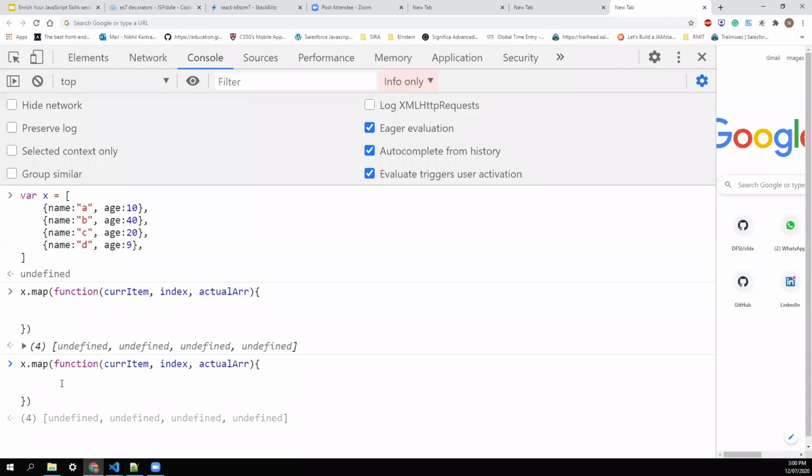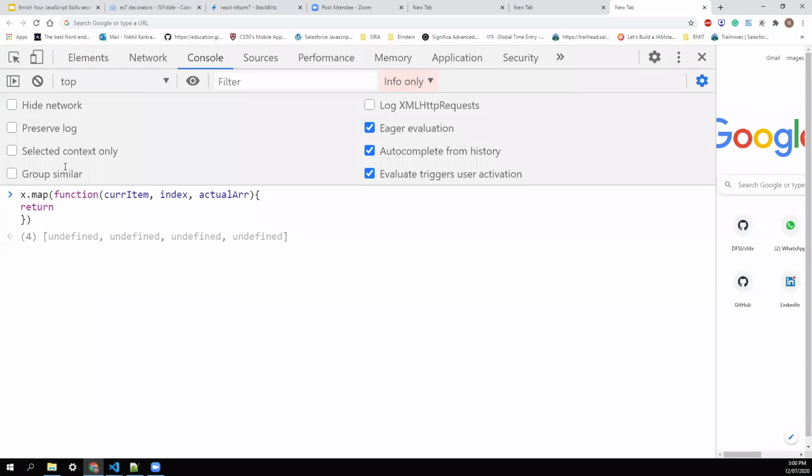I want to return something because the map method always returns something. To return this, I'll write some object.